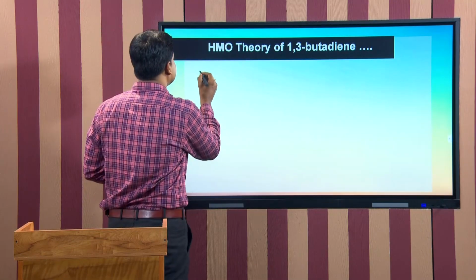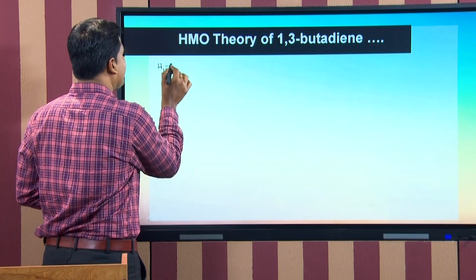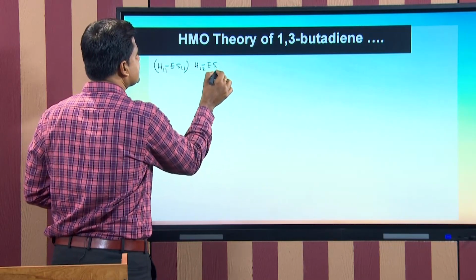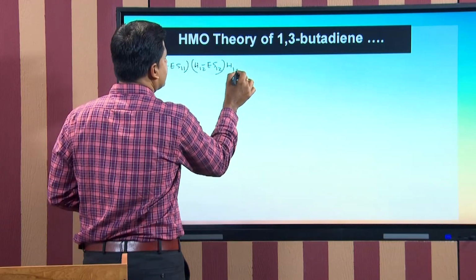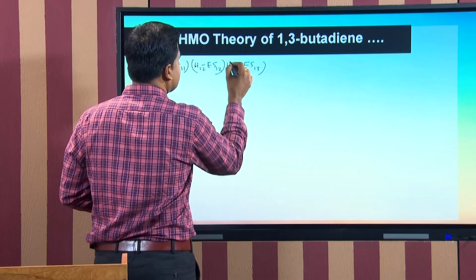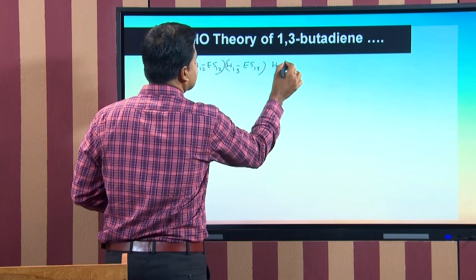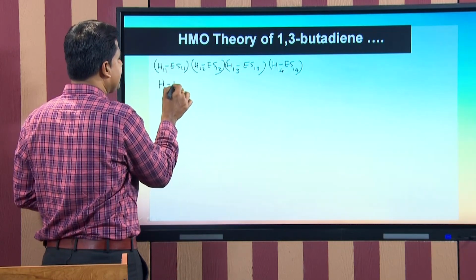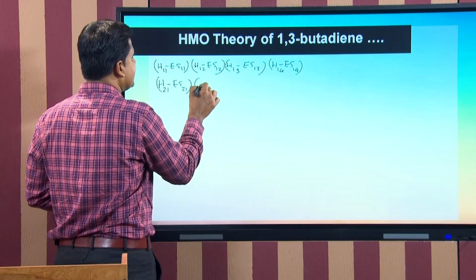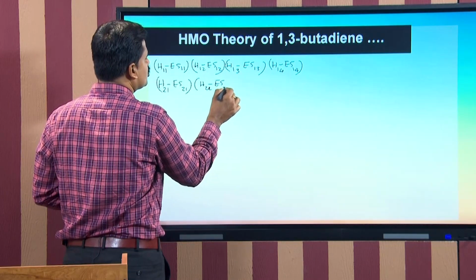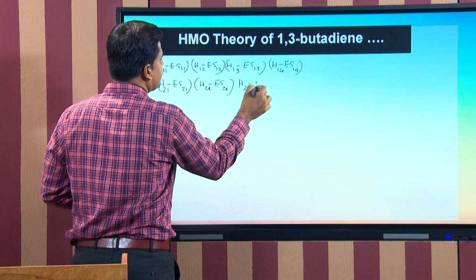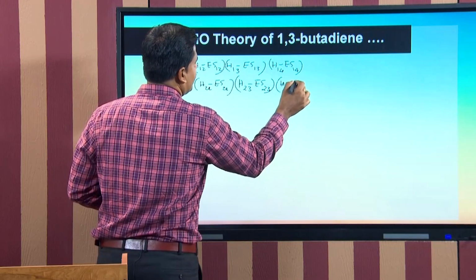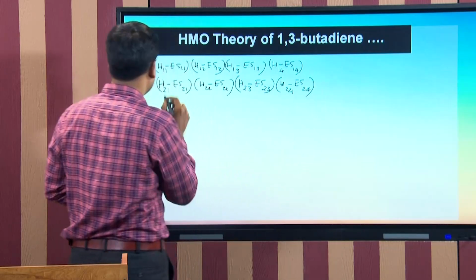The secular determinant is of the form: H11 minus ES11, H12 minus ES12, H13 minus ES13, H14 minus ES14; second row, H21 minus ES21, H22 minus ES22, H23 minus ES23, H24 minus ES24; third row,